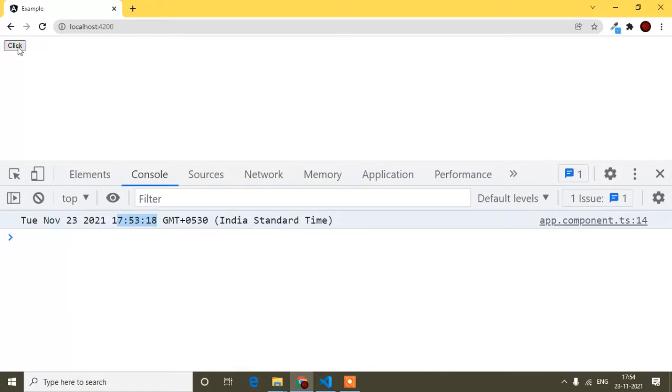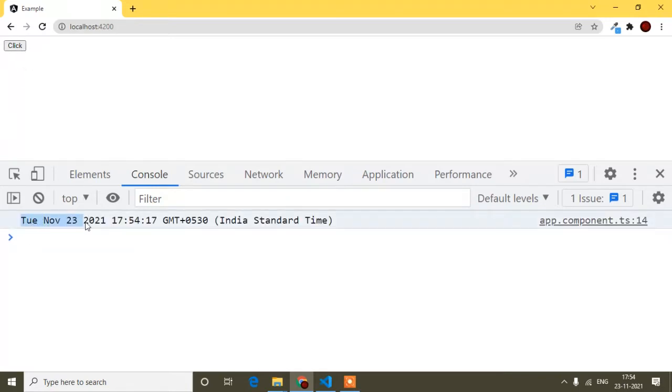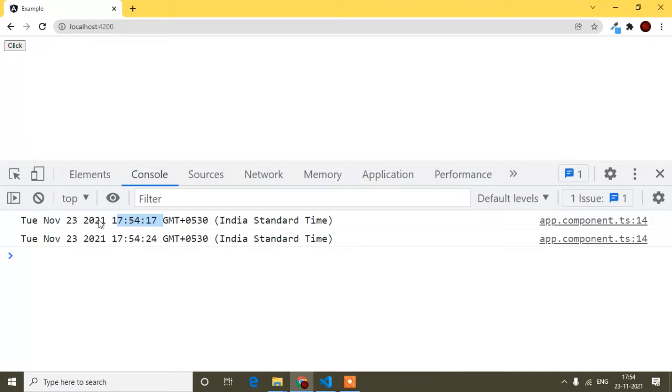If I remove this one and click the button, you can see Tuesday, November 23 2021 and the time. If I click again, you will find it's changed. If tomorrow you click this button at the same time, the time will be the same, but tomorrow's date will be changed. So I'm getting something unique from this date and time.